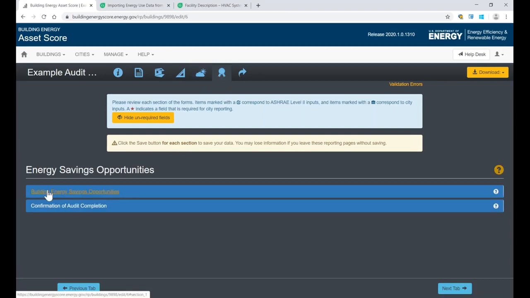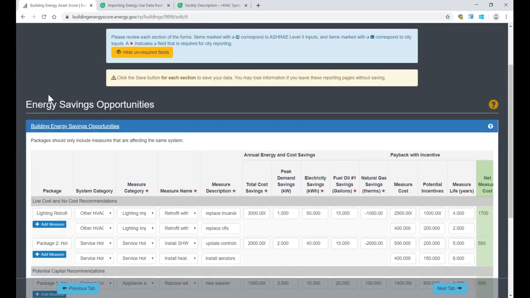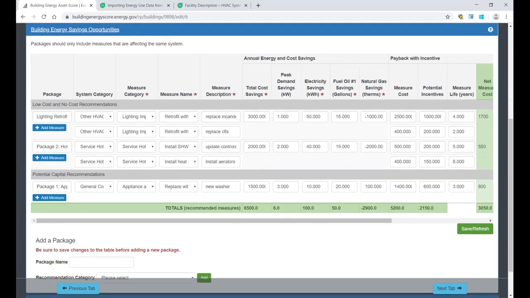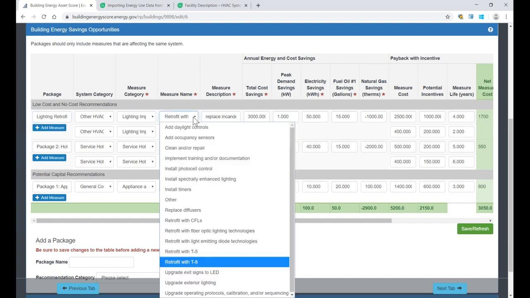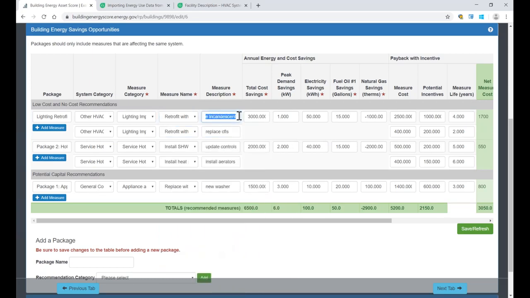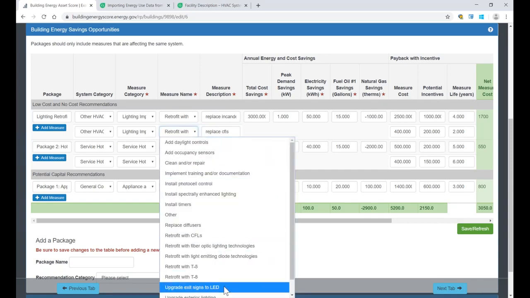And here is where you can document the energy efficiency measures that you may have identified when you've conducted your audit. They can be entered here and grouped as packages. For example, maybe we have a lighting retrofit package that is recommending to retrofit with T8s, or actually, maybe rather than T8s, let's retrofit with LEDs. And there's an open input field here to add additional description. You're replacing your incandescents with LEDs, or you're replacing your CFLs, or maybe you're upgrading your exit signs